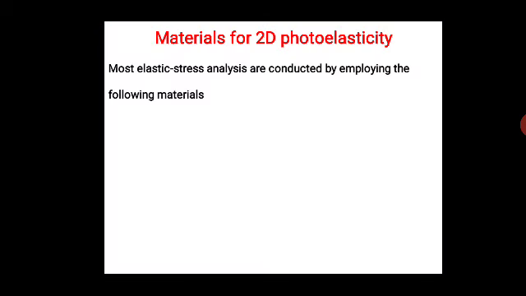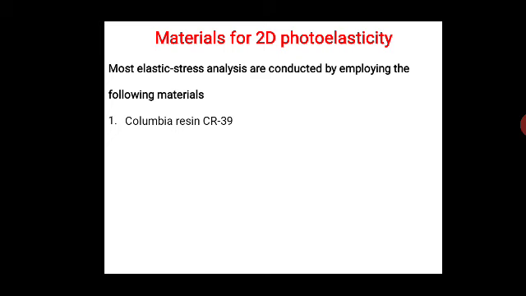In this session we will discuss the different photoelastic materials and their properties. There are many materials considered photoelastic materials, which include Columbia resin